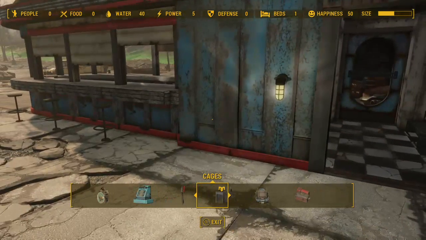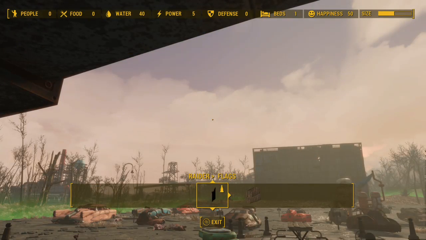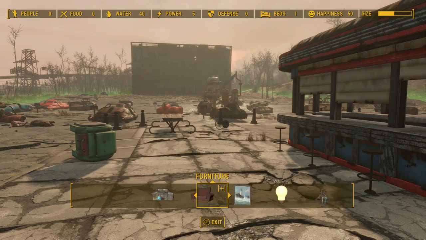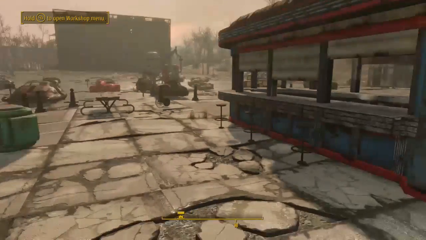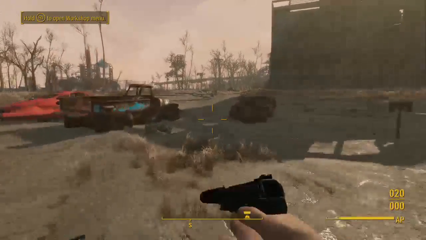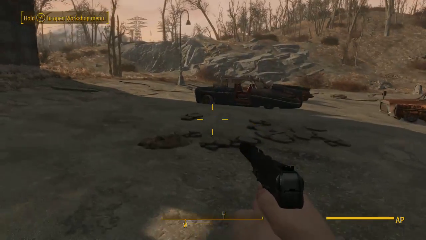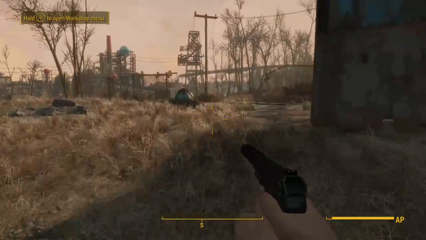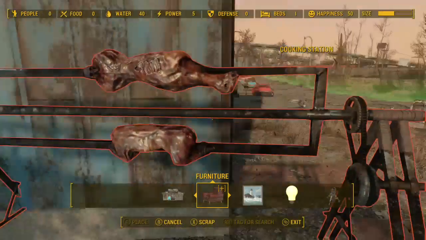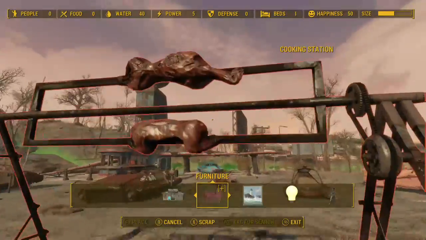I don't need to craft weapons. Cages, raider. I'm not really looking for stores, decorations. Okay, back to what I was doing. This is what I was looking for. I don't know why it's way out there, but...